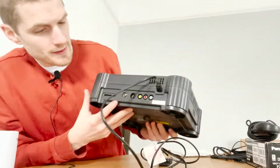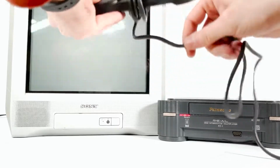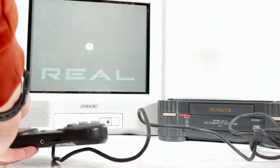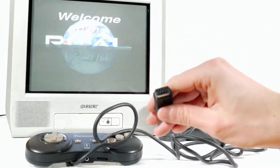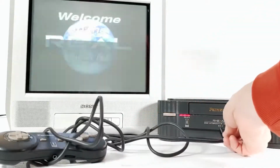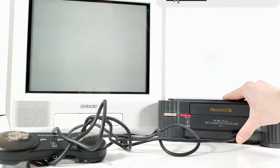It ran CDs, which offered a huge amount of space to store games and programs. The system could run up to 8 controllers and it had its own internal memory to save and load games. It certainly had a lot going for it in the way of being the most advanced video game system in the universe. So the retail price of the unit at the time of launch was $700, which was about £500